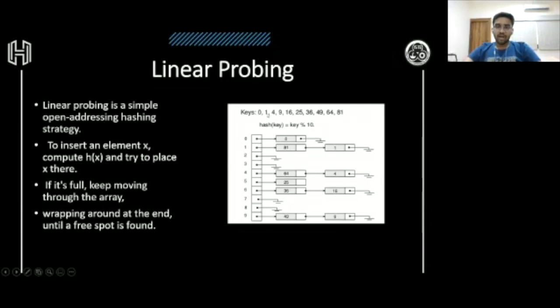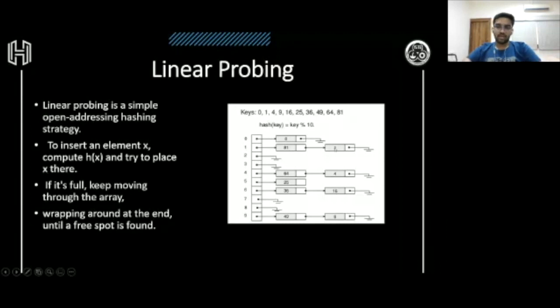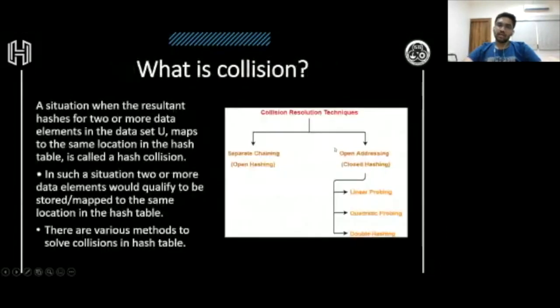Now, when we come across 1, it also says that my remainder is 1, so my hash key is also 1, so put me at 1. Now, when we check 1, there is already 81 available here. So what we do is we extend this 81. So this 81 is now a node, and its next pointer points to the next node where 1 is saved. So with this technique, we can extend this hash table. That is what open addressing is, because this time there are infinite numbers of addresses that you can assign